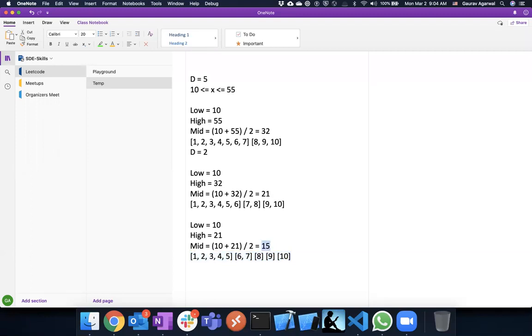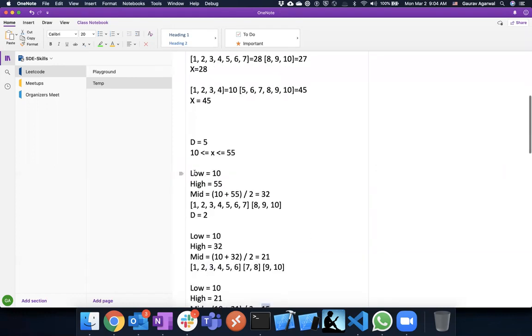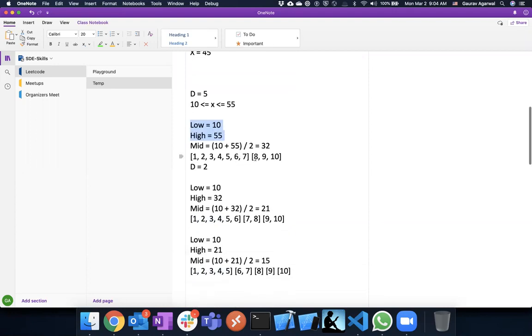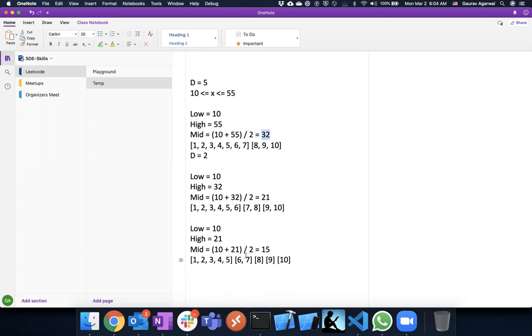Yes. Okay, so that's the approach. We find the lower bound at the start and the higher bound, and then just take the mid of that and see if we can fit the packages with the given capacity that leads us to 5 days, the number of given days, and then we repeat the algorithm.